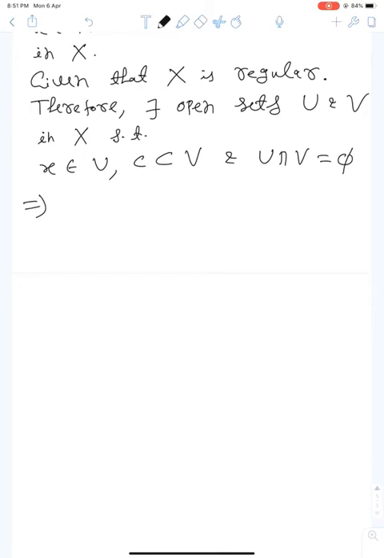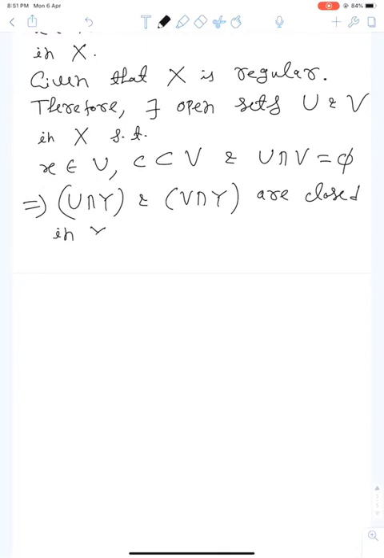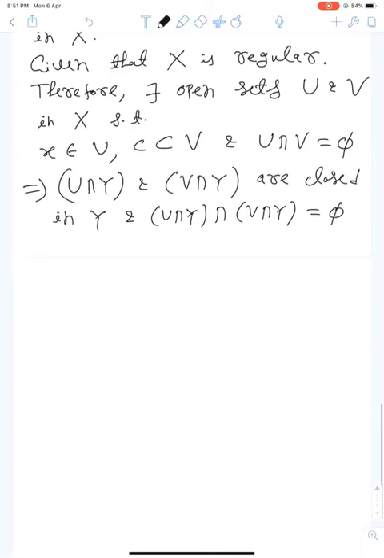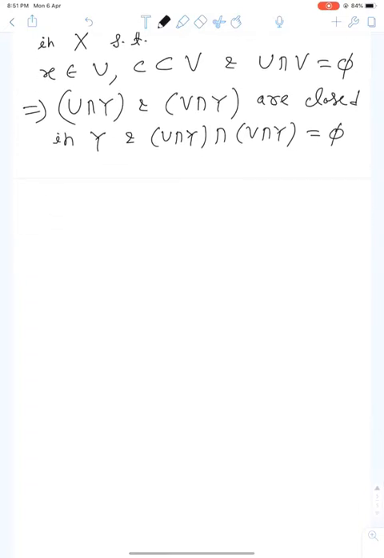This implies U intersection Y and V intersection Y are open in Y and their intersection is empty. Right? And x belongs to U intersection Y